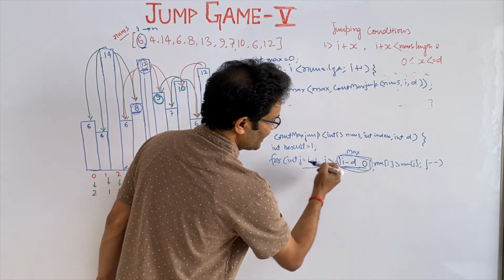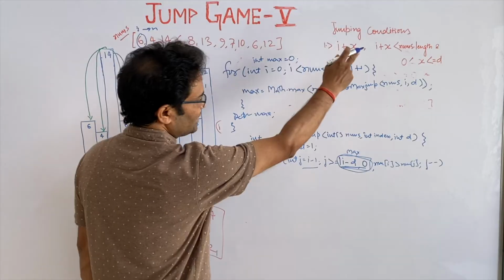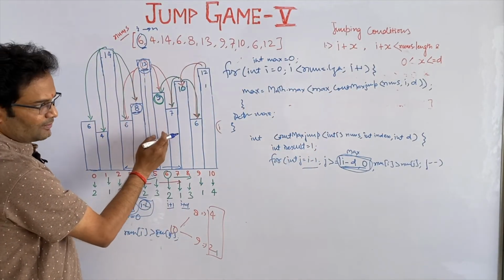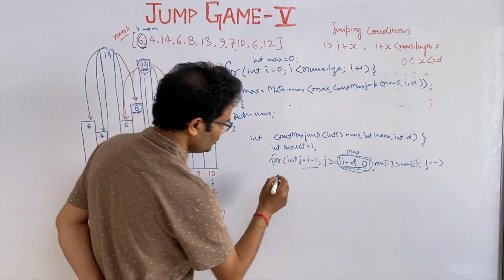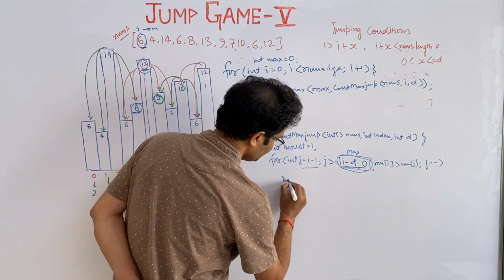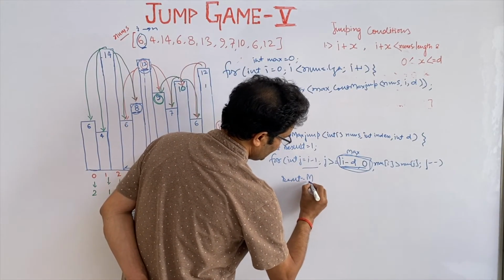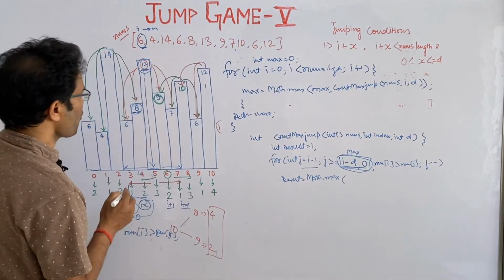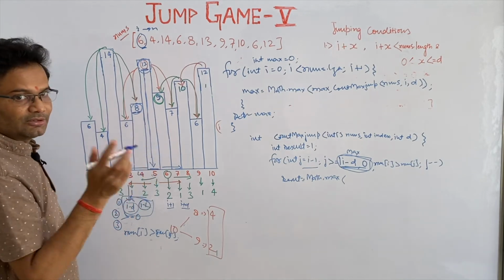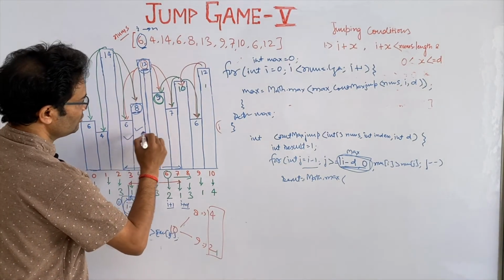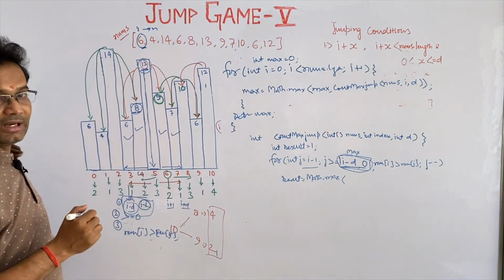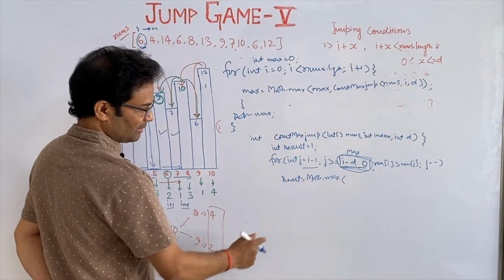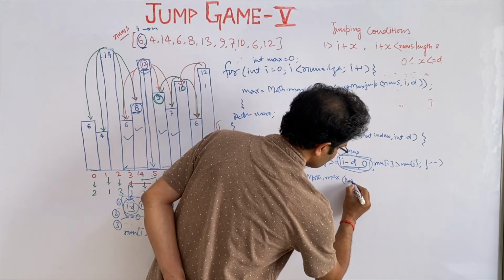And for the third condition, this value should always be greater than the visiting one. In that case, what I will do, I have the result. Here again, I will take the max. Why? For this case, I will have 4 results: 1 result, 2 result, 3 result, 4 result, and I have to choose the maximum out of the 4. So that's why I use the Math.max and I will choose the result